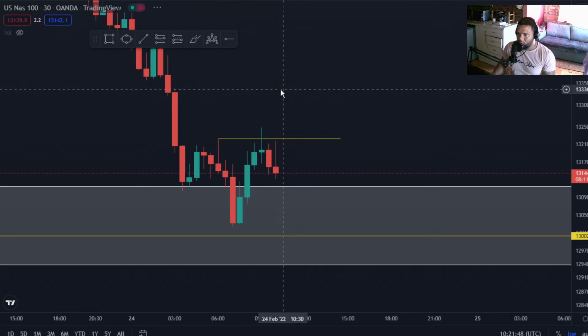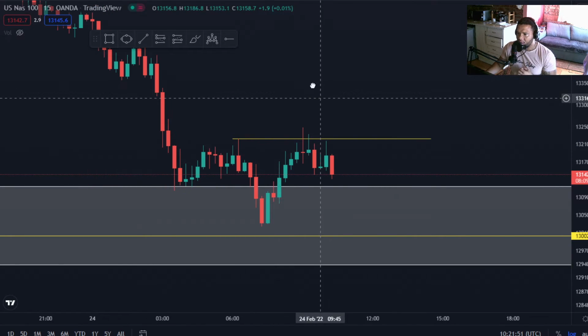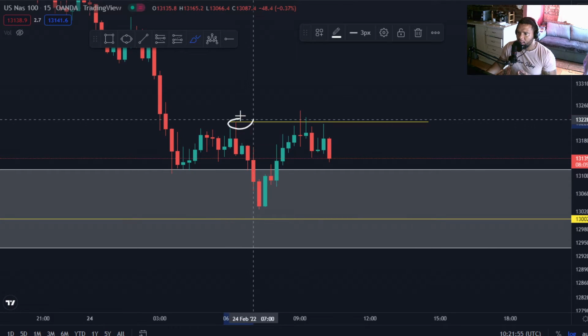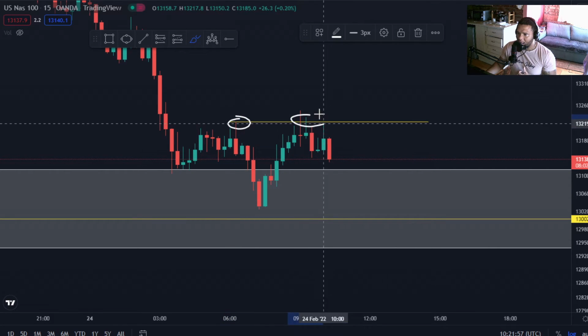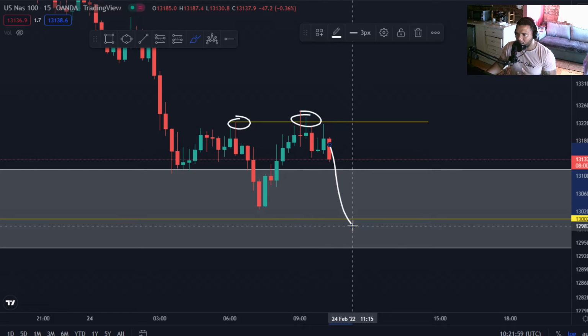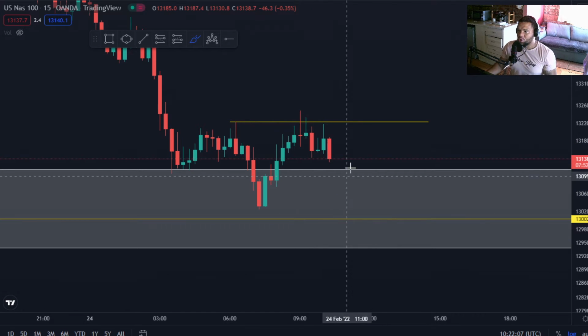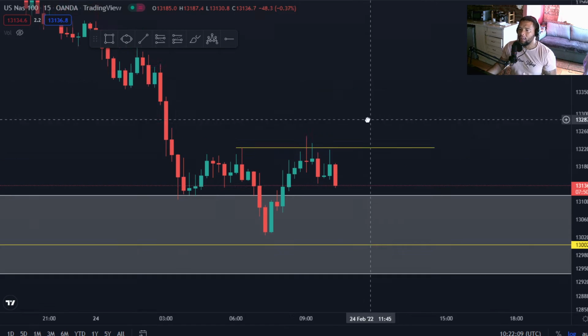So if we scale to 50 minutes time frame, what we could see is that price is showing us the same picture. It wasn't able to break this lower high structure point there multiple times as well. So now we can see some continuation to the downside, guys. So guys, this is going to be a patient market. You must be patient with NAS 100 right now. So I'm basically not trading at this moment.